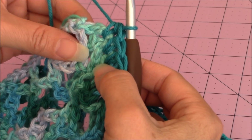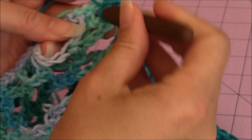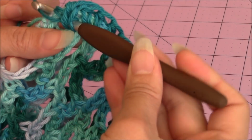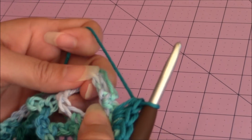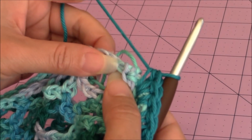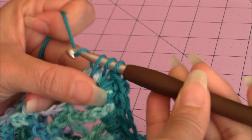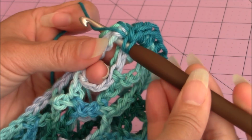Now around the corner, you're going to want to make a couple of half double crochets. I'm going to make 3 half double crochets in the corner, and then I'm going to turn my bag so that I'm working along the bottom of the bag. So I'm going to go into that first space and make my half double crochet. At the same time, I'm going behind my loose yarn end,